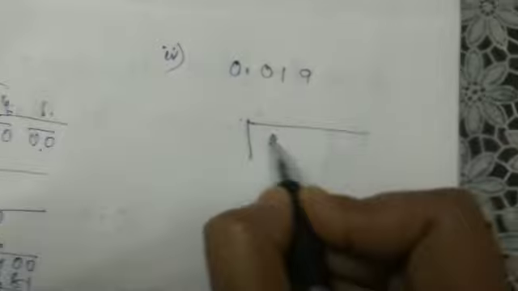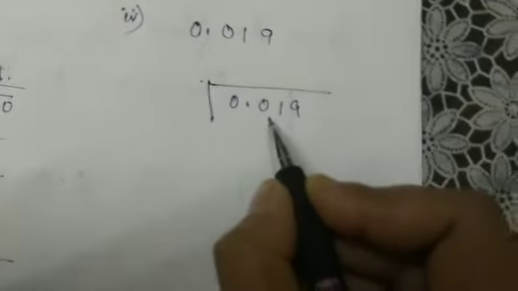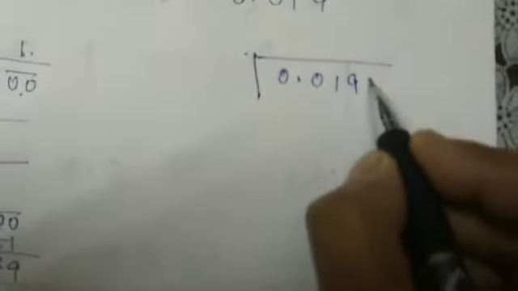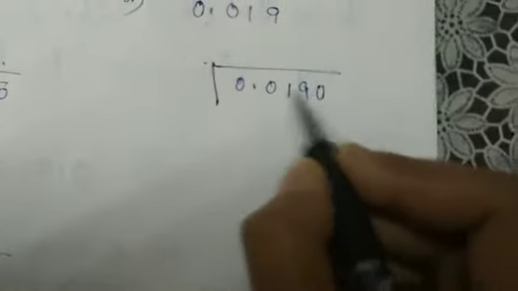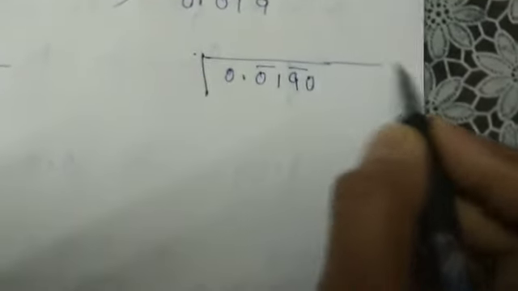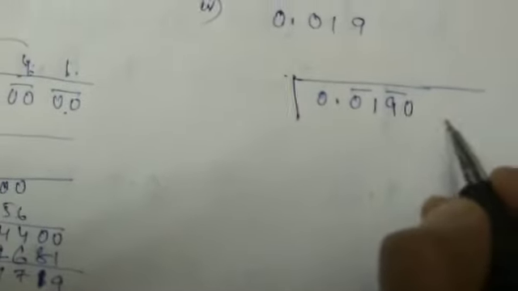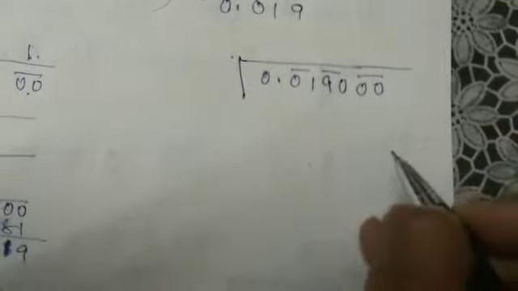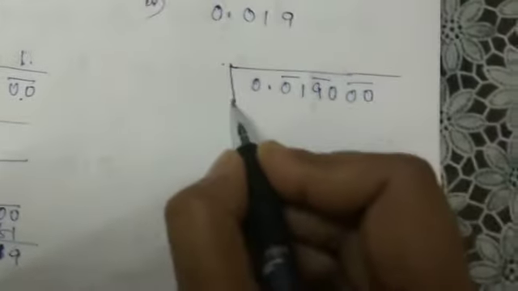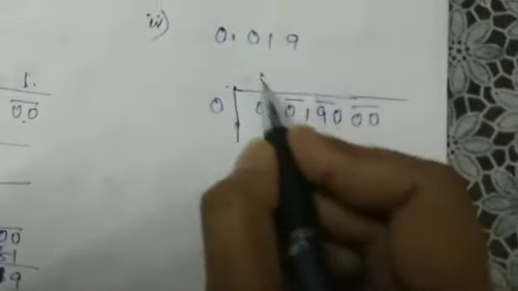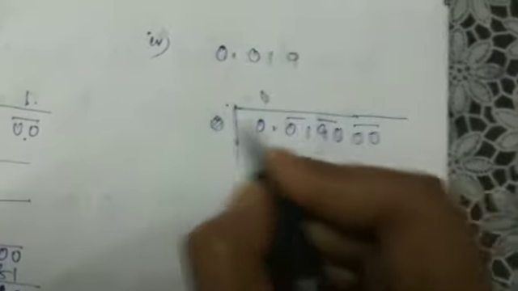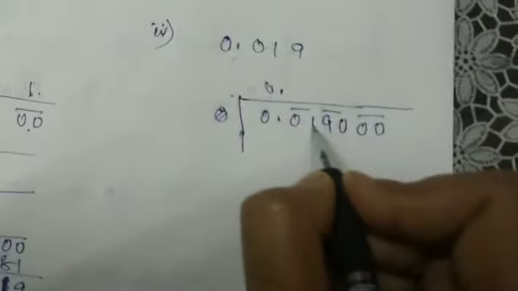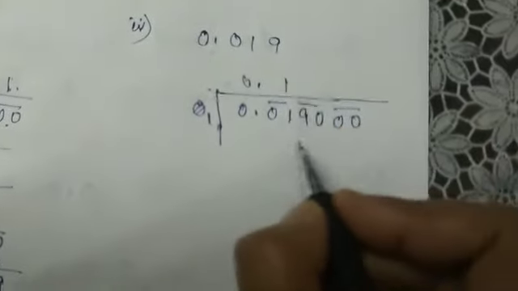Now in the other question, 0.019, here we have 3 digit. So what we do, first we have made even number, 1 pair, 2 pairs, but as we need 3 digit after decimal, so 1 more pair is required. Here it is 0 times, no need to place, leave it. So here it's 1, so 1 time,